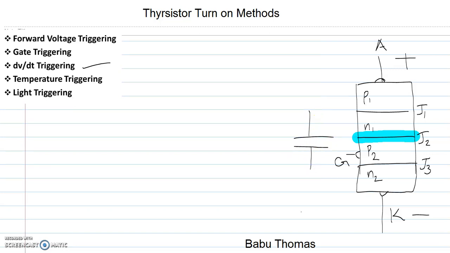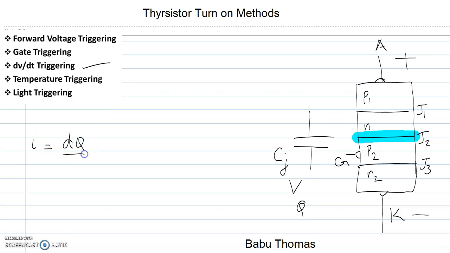Now if you are applying a sudden change in voltage to the system, then it can make the system be in the turn-on mode. So that can be explained with the help of the equation. Like if C is the capacitance across the junctions, I denote it as Cj, and V is the voltage applied across the device, and let Q is the charge. Then we can write I is equal to